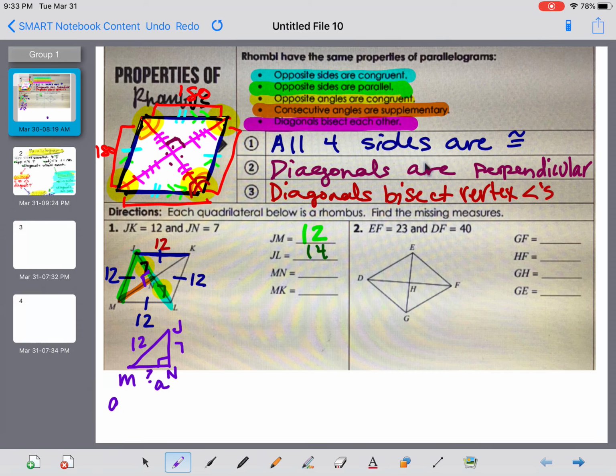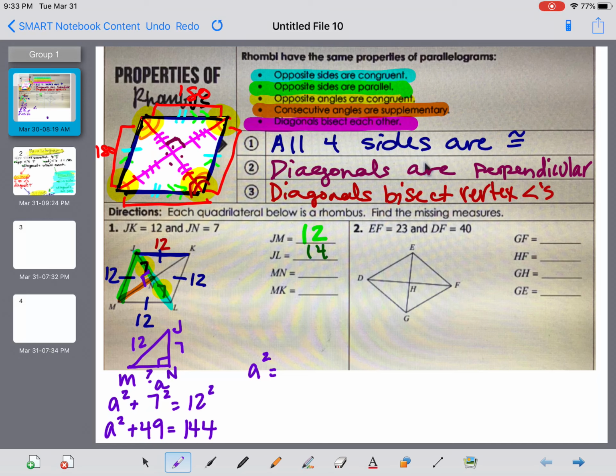So I can use my Pythagorean theorem. And I know that MN is going to be my little a. So I'm going to have a squared plus 7 squared equals 12 squared, which is going to be a squared plus 49 equals 144. When I subtract that away, I get 144 minus 49,